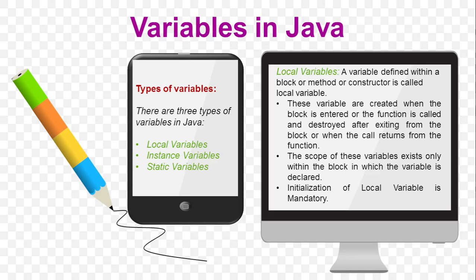As simple as that. A variable which is defined inside the if block will be known as local to that if statement. It doesn't have any impact outside of the if block. It cannot be recognized outside the if block; it can only be recognized and accessed inside the if block. Similarly, a variable which is defined inside a method like public static void main can only be accessed from that particular method. If you define a variable inside public static void main or any other method, then that variable can only be accessed from that method's body, not from outside.